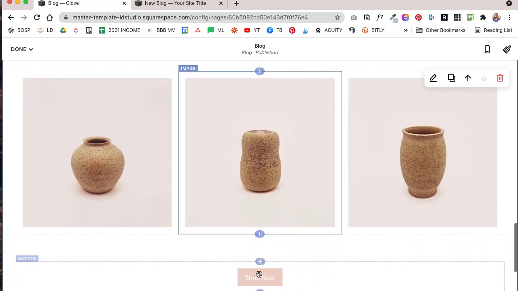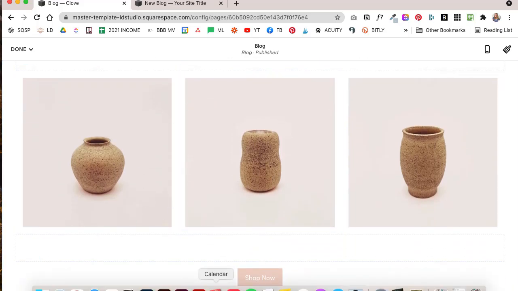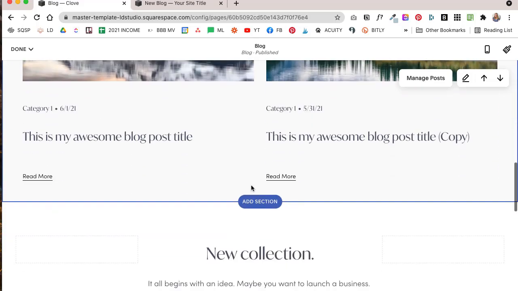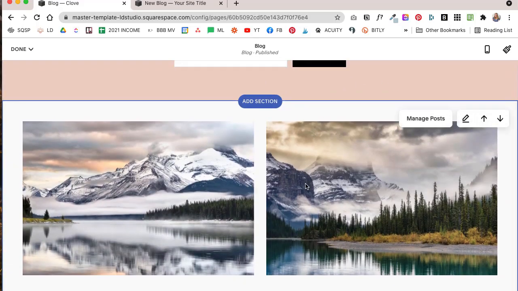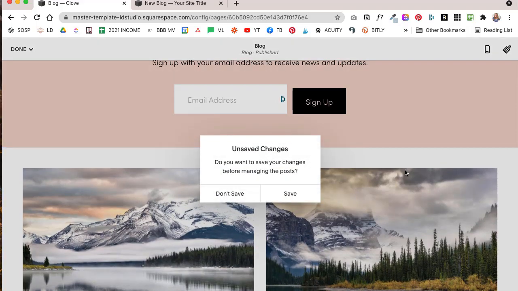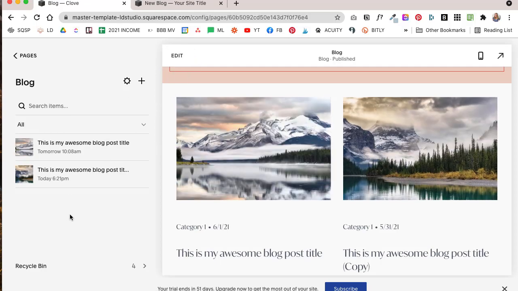This is useful if you use your blog post to promote whatever it is that you're selling. This is just an example and you don't have to do it, but you can see how useful this can be. Now, if you click on Manage Posts, this will basically take you back to your blog